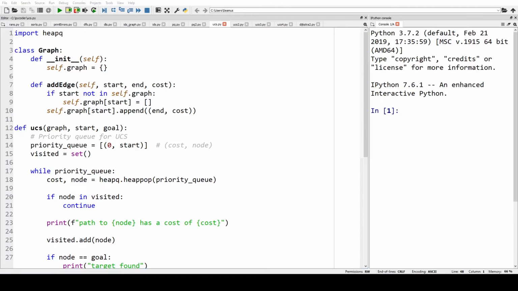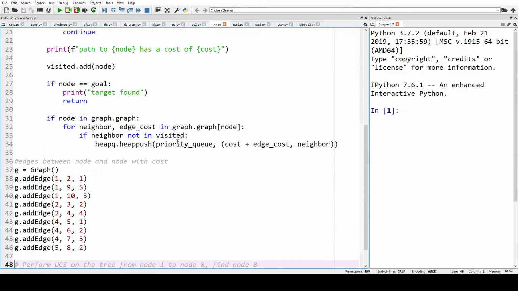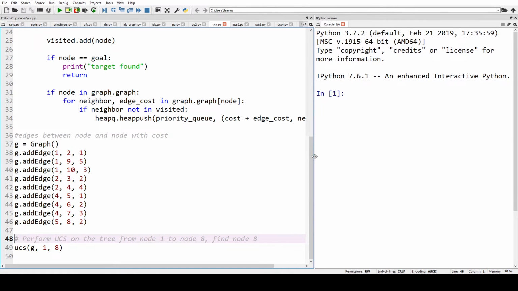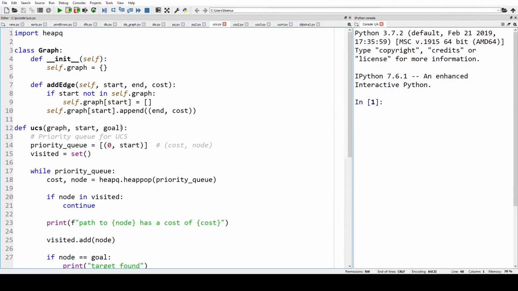Let's have a look in the editor. Here we have our code in the editor, the graph that we've defined and used in the example, which is the tree. And here we're going to pass the graph, start at node 1. We're going to see if we can find node 8, meaning we're going to go through the whole tree. So you can see the code here,